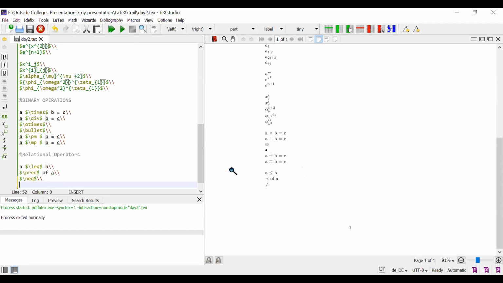Next, we can use approximation or congruence. For approximation, we use this one, \approx, approximation.